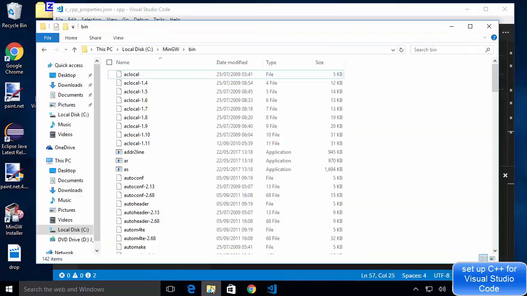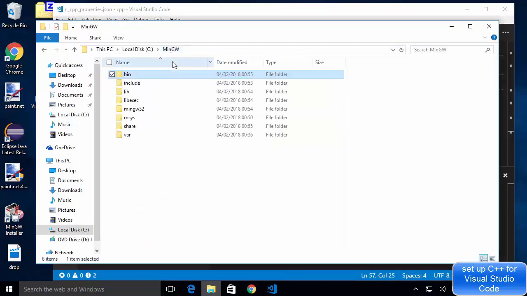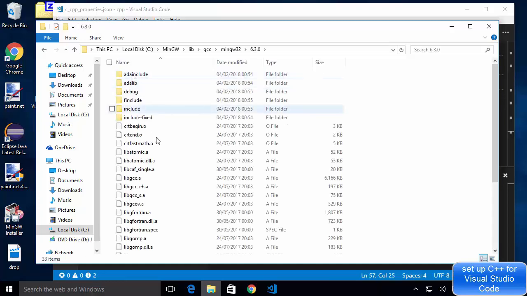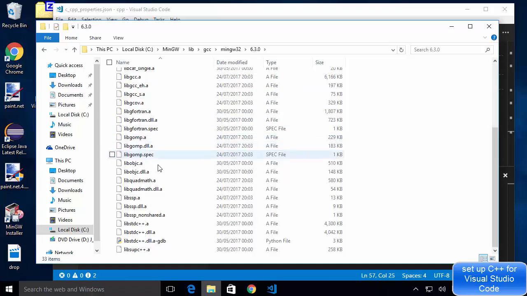Just open your MinGW once again, the MinGW folder where you have installed it, and then go to lib, then go to gcc, then go to mingw32, and then whatever version you have installed, and here you will see the library for C++, right?